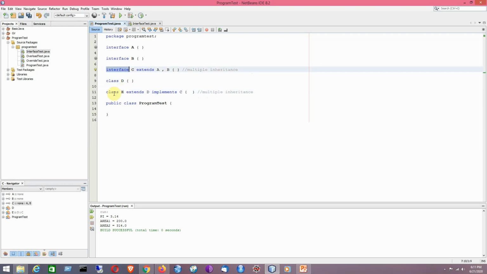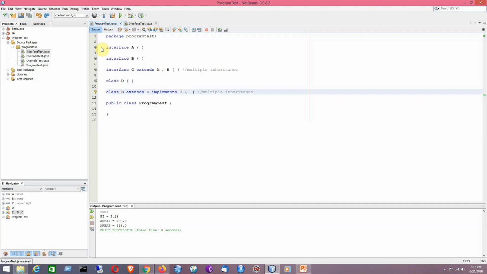The concept is also applicable with respect to a class, provided we are actually using here implements keyword. But remember that you have to write extends first followed by implements. So if you are writing implements followed by extends, it will give you compilation error. Like you cannot write here a class implements an interface then extends a class. This particular statement is not being supported in Java. So that is why we have to write extends first then implements. So that is the idea you need to remember here.